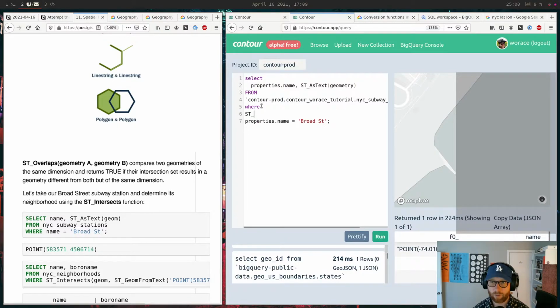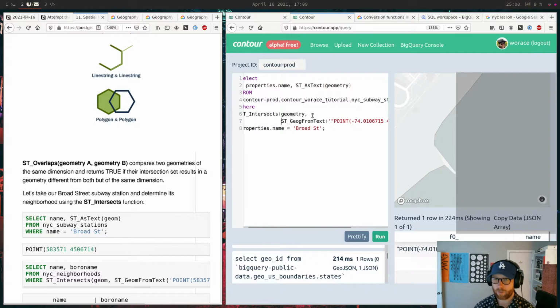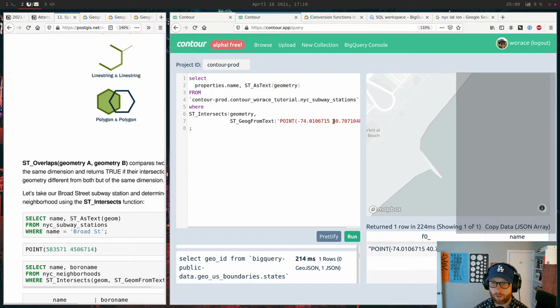Where ST_INTERSECTS geometry, ST_GEOGFROMTEXT. Oh god, it's so hard to type in this tiny box. Don't need that. Where? I have to make this wider, sorry.